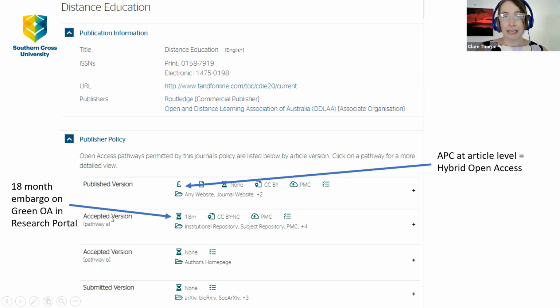It says accepted version can go into an institutional repository or a subject repository. Our research portal is defined as an institutional repository. However, the publishers in this case have said you may put your accepted author manuscript in an institutional repository, but you cannot make it available openly for 18 months after publication.